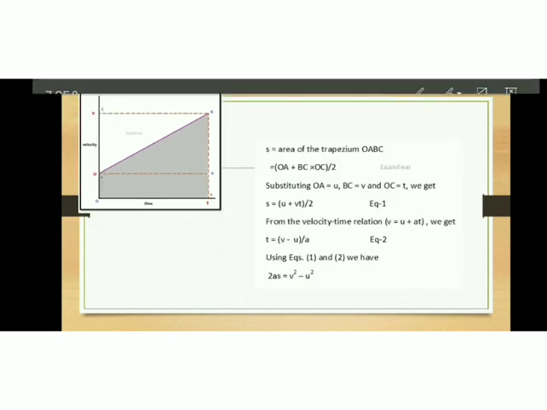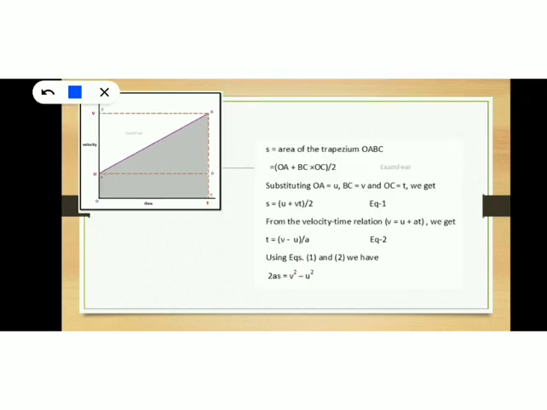Now let's derive the third equation of motion. So this is our third equation of motion: 2as is equal to v square minus u square. In order to obtain this expression, we are considering the same graph and we are also finding out the area